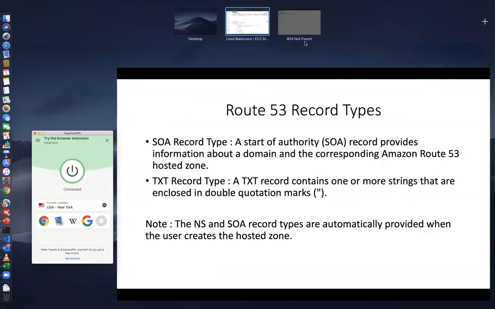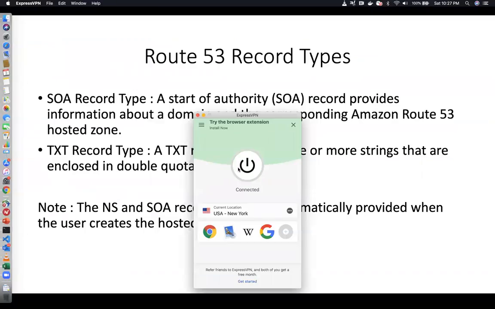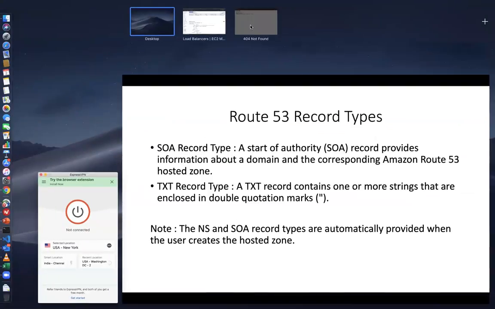So with the same resource record type, which is website 7, when we are accessing it from Chennai, we are close to Mumbai. So it goes ahead and translates our resource record to the Mumbai region's ALB, right? Which was the destination that we saw. So if I just switch this off right now and I go back to the browser and I refresh this page, it goes to hello from Mumbai.